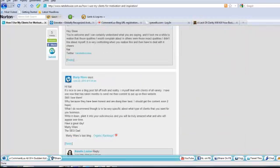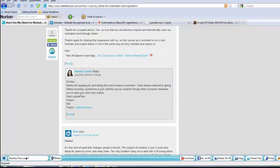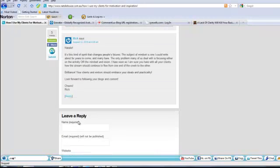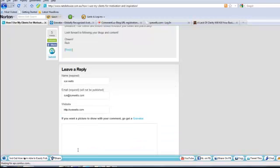You can see here, this person did not leave, doesn't have a Gravatar, so there's just a symbol by their name. When you do have a Gravatar, there's not a symbol by your name, it's actually a picture. So you're going to see it when I do mine. All I need to do is put my name in here, my email address. The email address is directly tied to your Gravatar. That's how it gets pulled. Your website is where the Comment Luv plugin pulls your latest posts. So I'm just going to say, hey Nat,